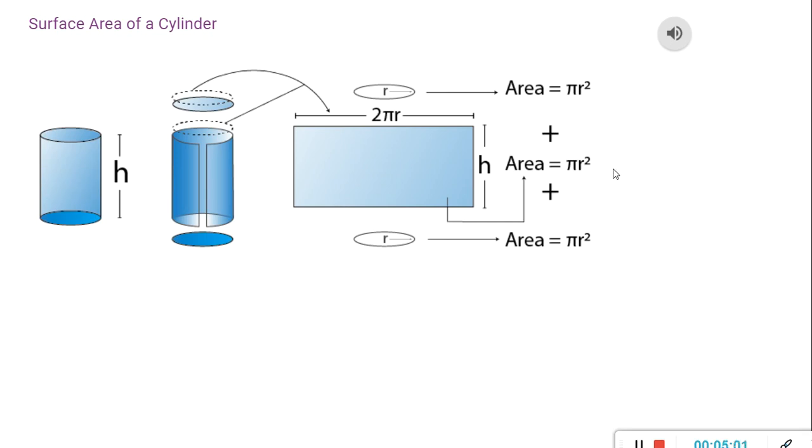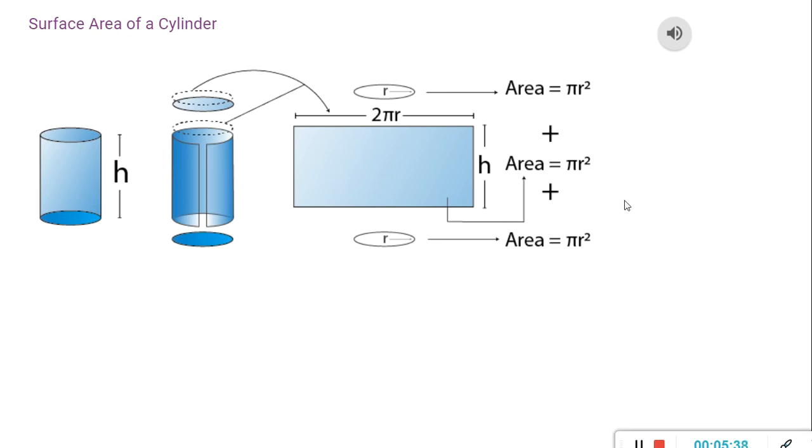So what would be the surface area? Curved surface area means only the curved area we are taking, not up and down, like the lateral surface area. Here it is called the curved surface area. So the curved surface area will be like a rectangle. Rectangle means length into breadth. So here length would be 2 pi r and breadth would be height. So 2 pi r into h, that is equal to 2 pi r h. Now what would be the total surface area of a cylinder? Here 2 pi r h is the cylindrical part. Now up and down, that is circle shape. Pi r square plus pi r square means 2 pi r square.